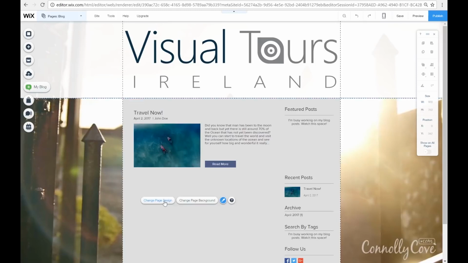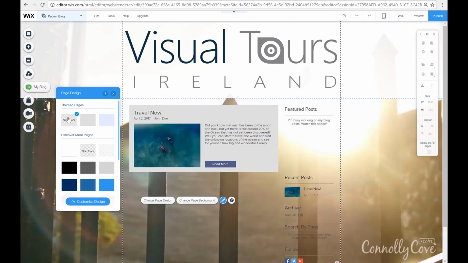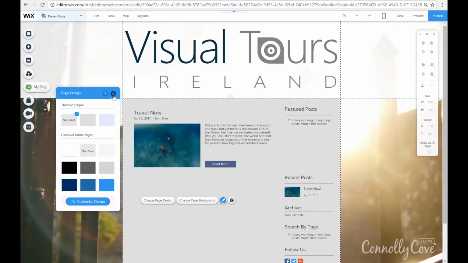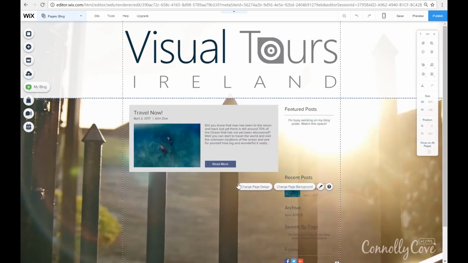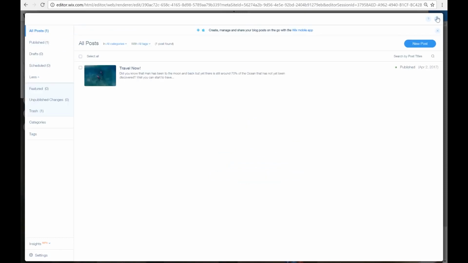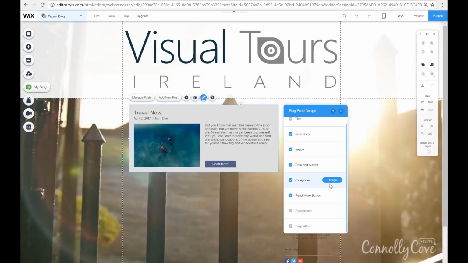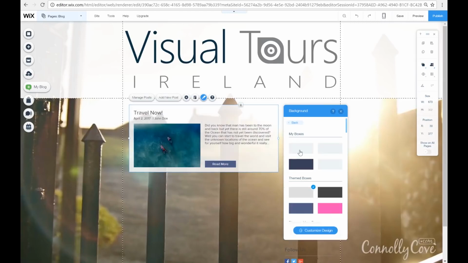To change the design of our blog is very simple, just the same way that I have done before. Move your content around whatever way you like. Change the color of your blog post. So if you have lots of different blogs, this is where you organize everything. And that is really it. To design, just once again click on the brush, navigate to which part you want to change. Let's choose this,